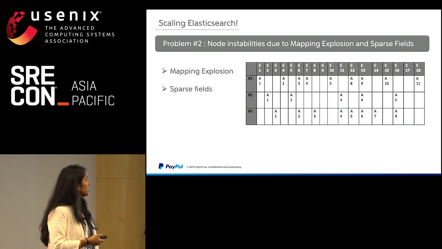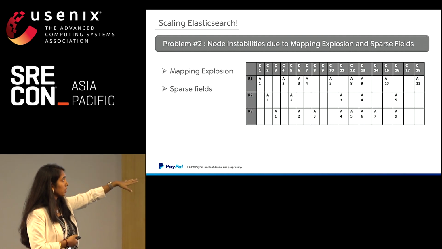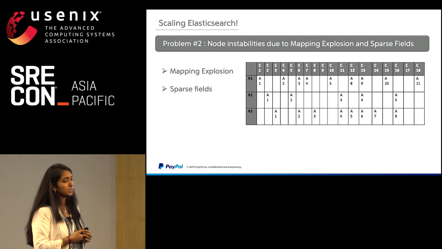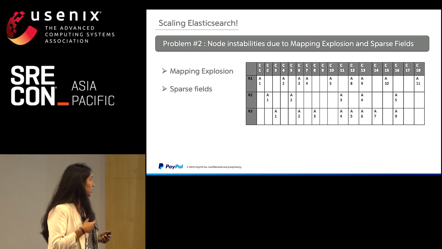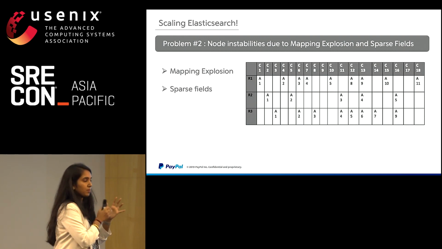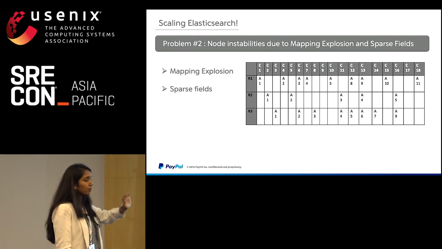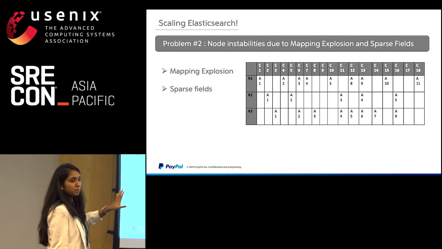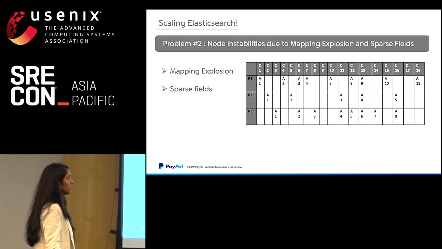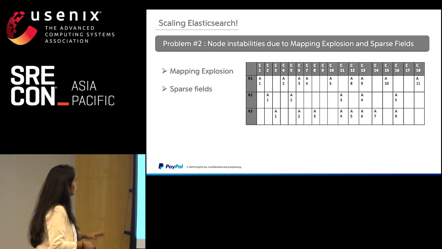And the second one is sparse fields. As you can see in the diagram, you have a few fields, but not all of them have values associated with them. In this case, it is the sparse fields. There is something called a doc value, which is an on-disk data structure built in a columnar fashion. Let's not get into too much detail, but in the earlier versions of Lucene, it had to spend some disk space to even hold these empty values. Though in the latest versions, versions greater than 6.x, they have improved it, it's always better to have dense values.